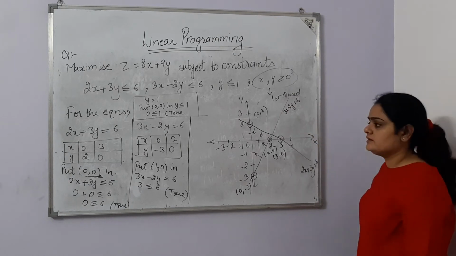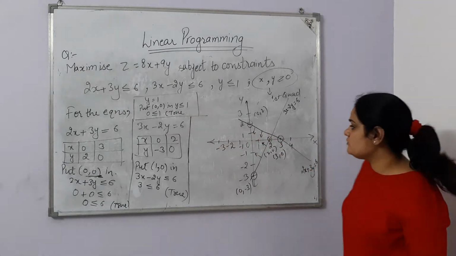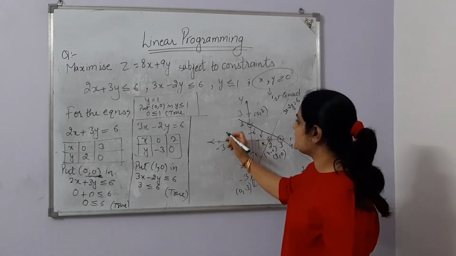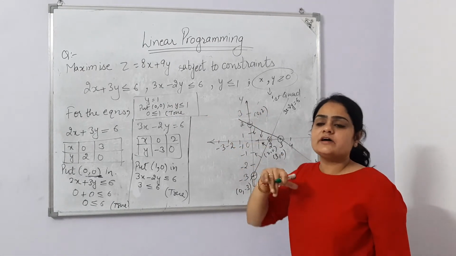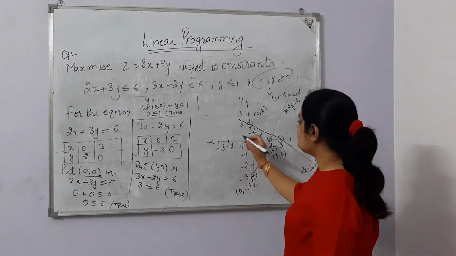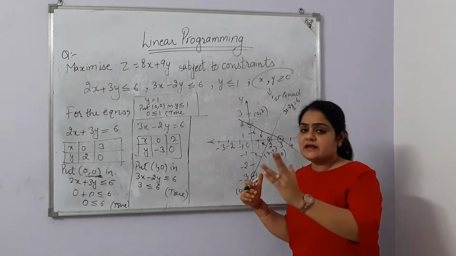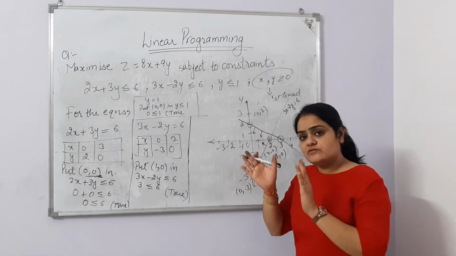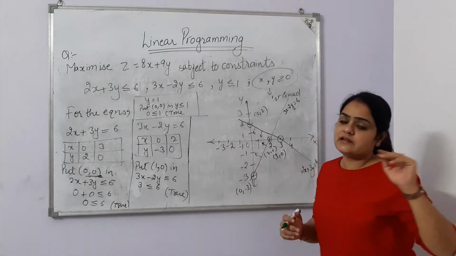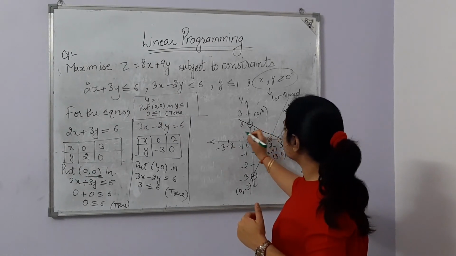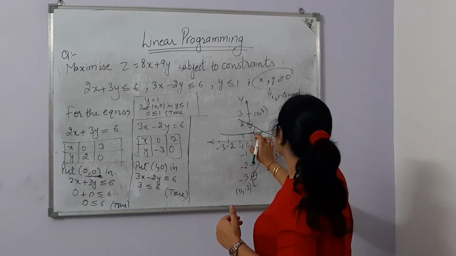Now another equation is y is equal to 1. Whenever a single variable equation is there, that means if x is equal to 1 or x is equal to minus 1, it is always a vertical line. If an x value is given, it gives a vertical straight line, and if y is equal to something is given to us, then it gives a horizontal line. So y is equal to 1 gives a horizontal line.